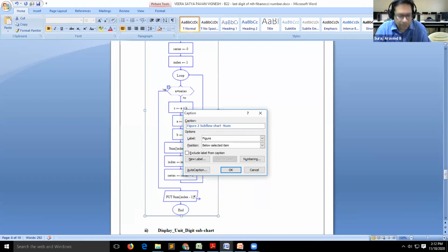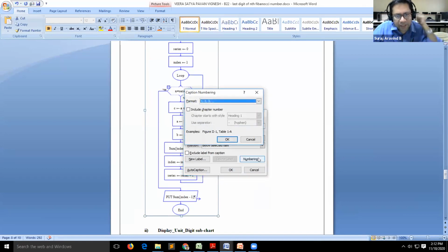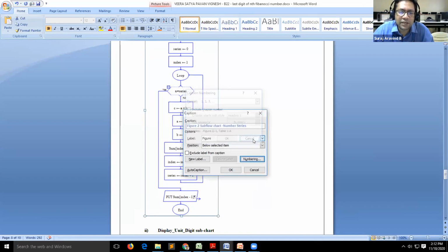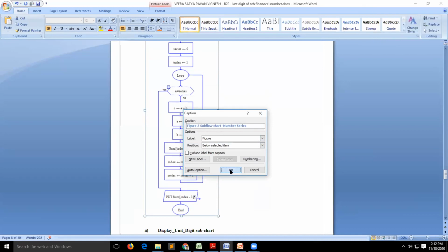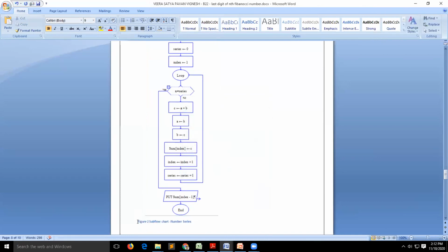I don't know what it is, I'm just putting it. You can change the numbering; options are available that you can check out. So, figure 2, sub flow chart, or some name that you give.